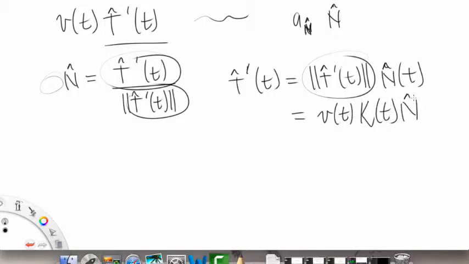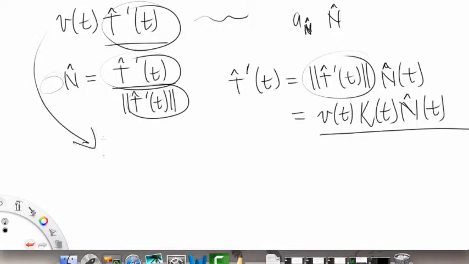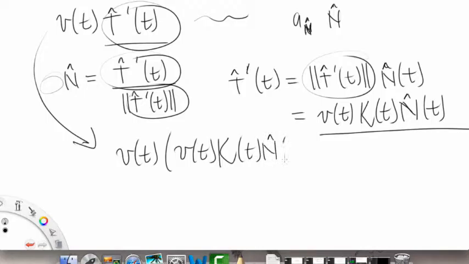So that's how we got that on the previous slide. So we're going to plug this in for the T hat prime of t. So we have v of t times v of t times curvature of t, and then the unit normal of